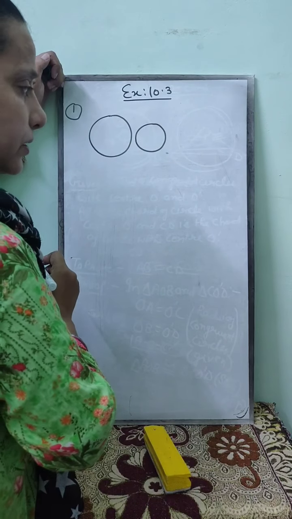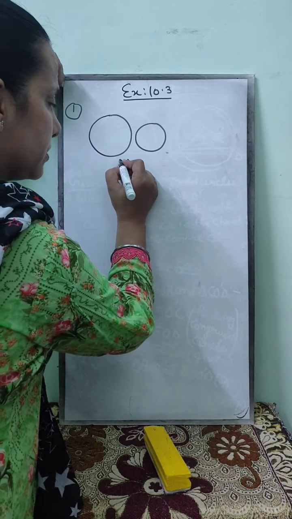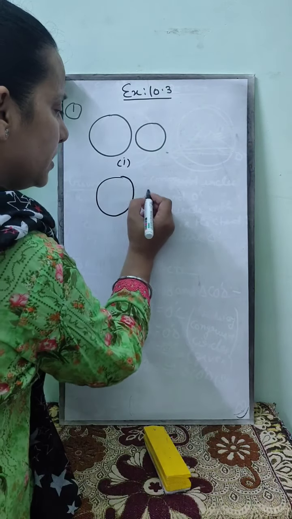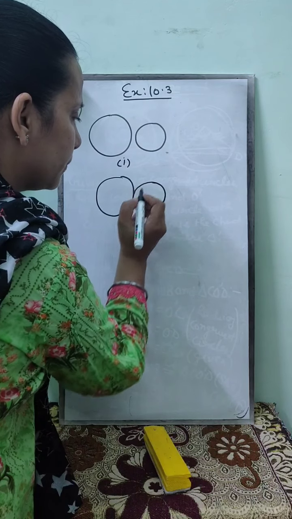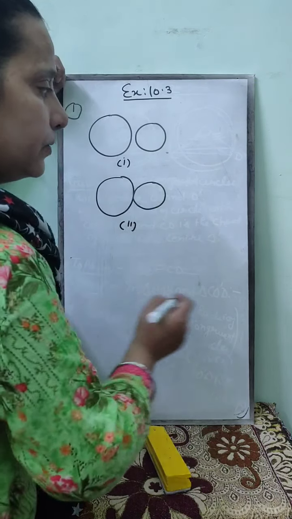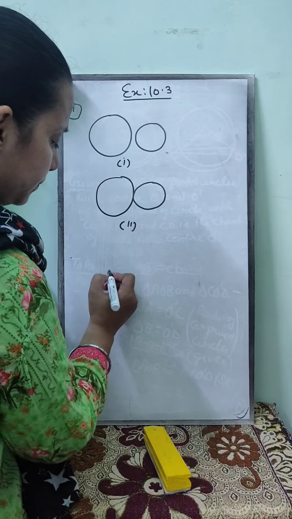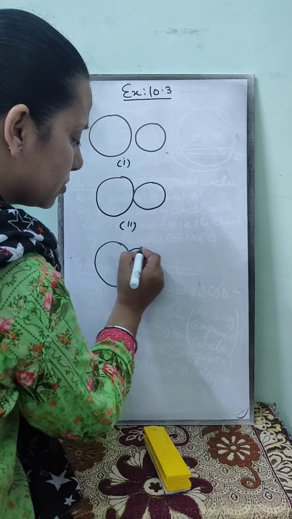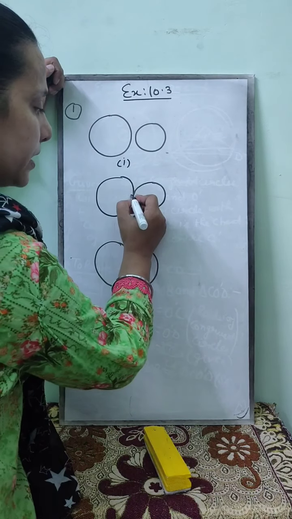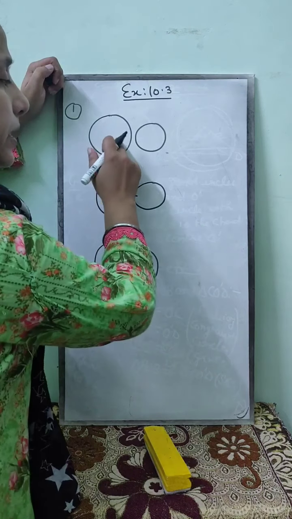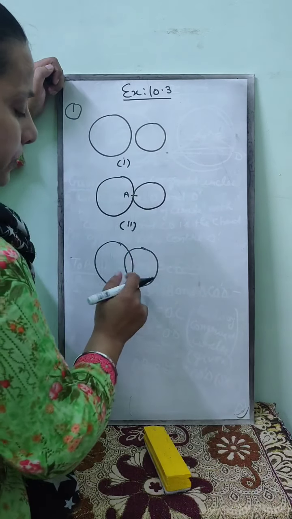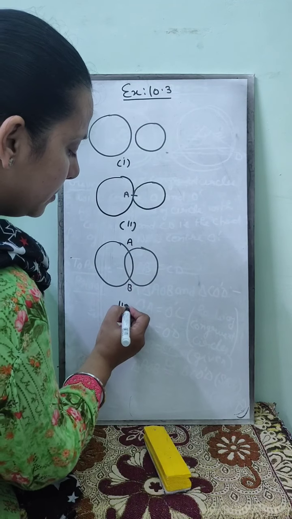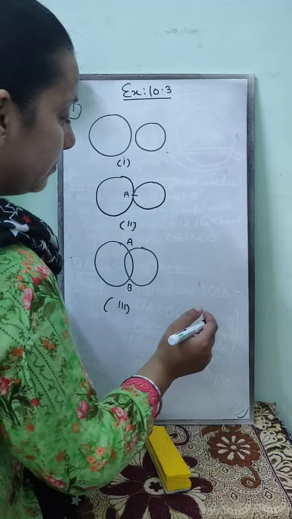one circle is away from the other, this is your first diagram. Then the second diagram is these two circles touching each other externally. Then in diagram 3, this circle is coming closer to it, now they are intersecting here. In the previous diagram they were touching at one point, here there is no intersection of them. Then they are intersecting each other at 2 points A and B, this is diagram 3.